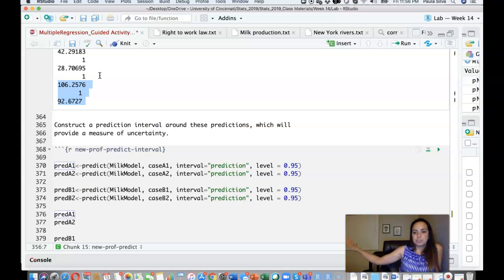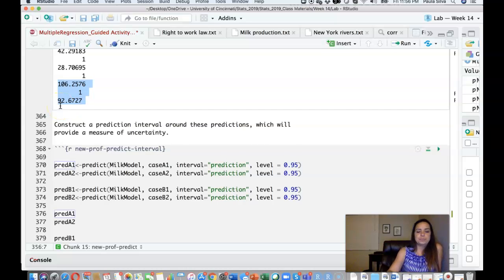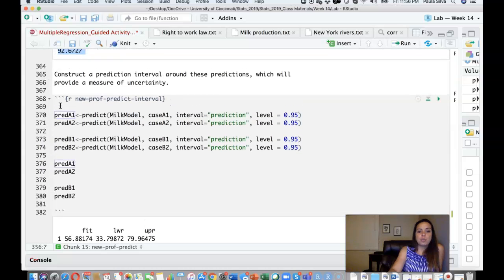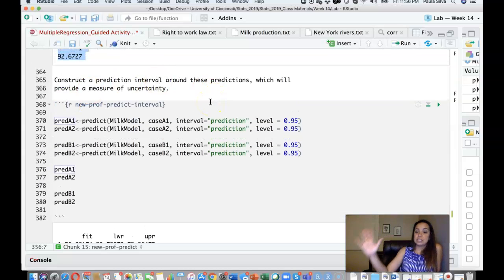If you have good production in the previous month, you tend to have good production this month too, like high production for both, with very little difference between the two. If you want to get a 95% confidence interval around your predictions, you can use the same function,